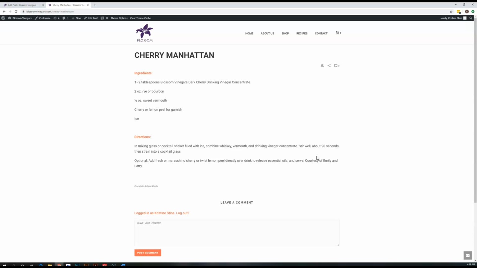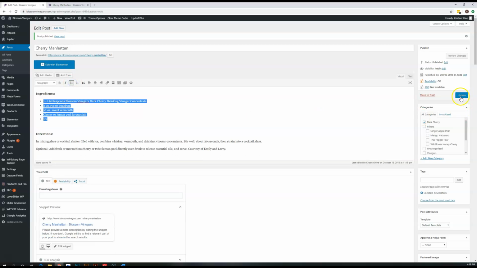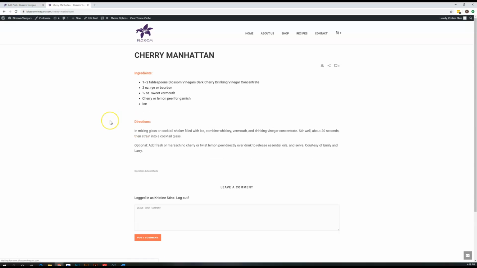formatting of it. Again, if you wanted to do something like make this bullet points, hit Update, come over here, hit Refresh. However you want it to be formatted. You probably want it to be consistent from recipe to recipe, but that is really all that there is to